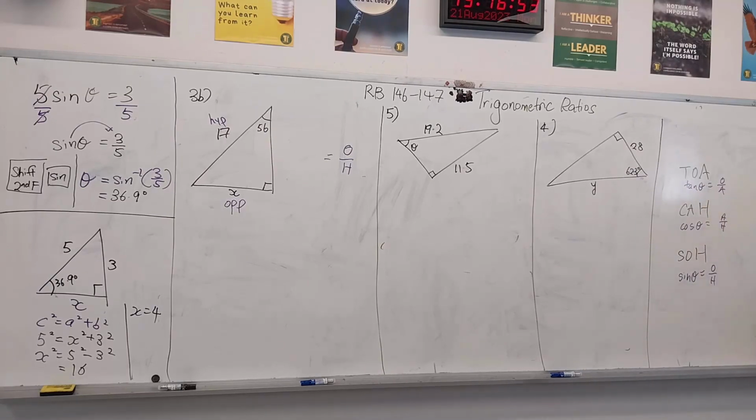Now some of you were not here last lesson, so you'll be a bit lost. Let me just quickly go through this for you. In a right angle triangle, there will be 2 angles that are missing. So let's take an angle that we are looking at. Let's say this is the angle. The length opposite this reference angle is called your opposite. Now the longest length will be your hypo,